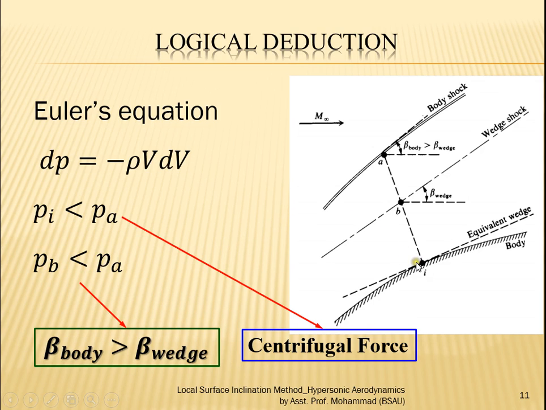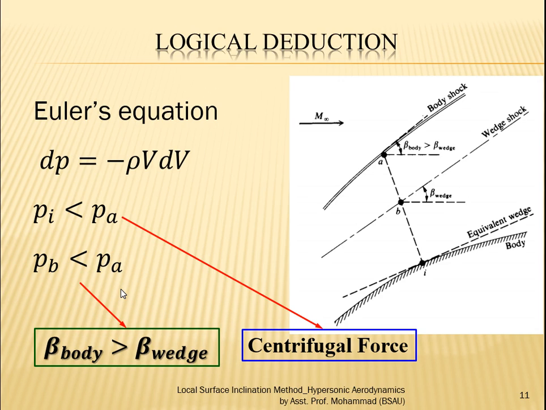So it is actually a reasonable approximation for the pressure PI that we can take PI equal to PA. It's just a logical deduction. We don't have any equations which can derive it, so logically we assume. And why are we trying to assume this and prove it logically? Because practically it has been found that